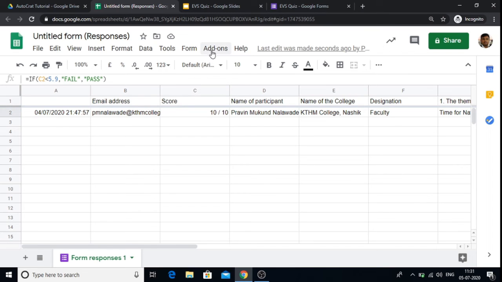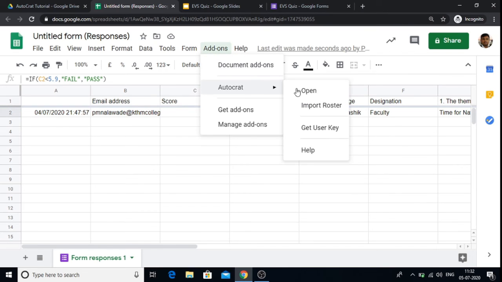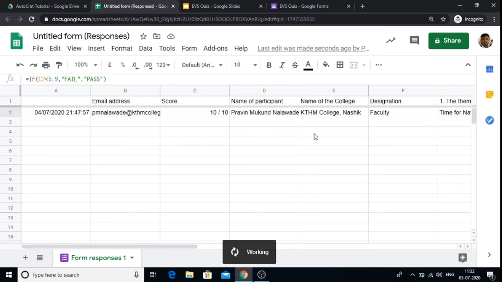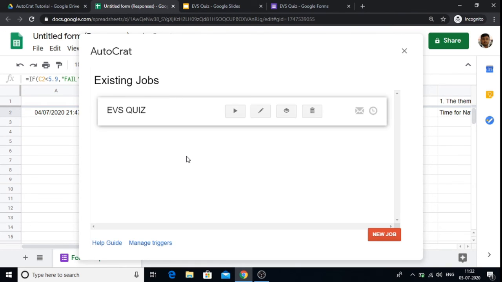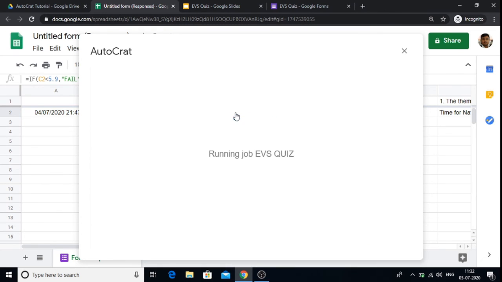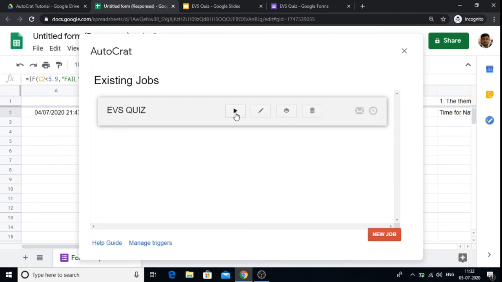The same can be generated manually by clicking on the play button given on the Autocrat add-on. As you observe here, you have to click on this run job button to send the certificates immediately. The system will work on that and send the certificates.